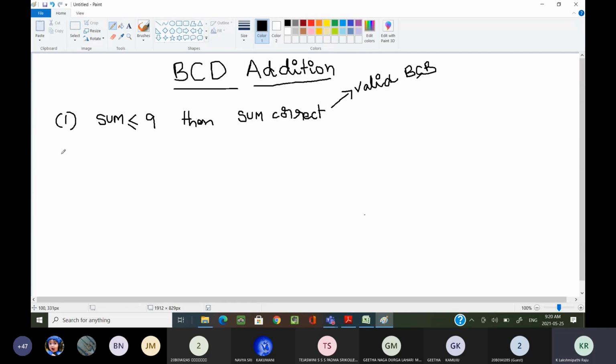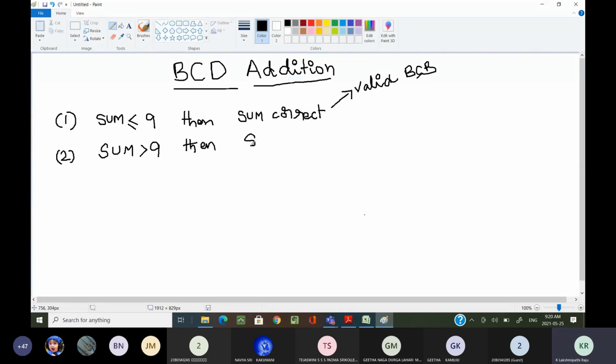Now, second point, second case: the sum is greater than 9. Then the sum is incorrect. I hope you are writing your running notes.